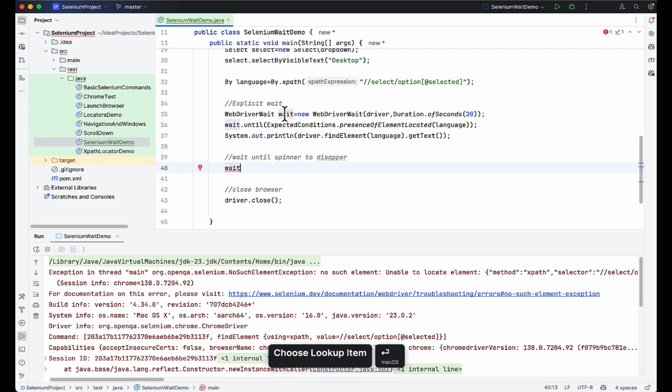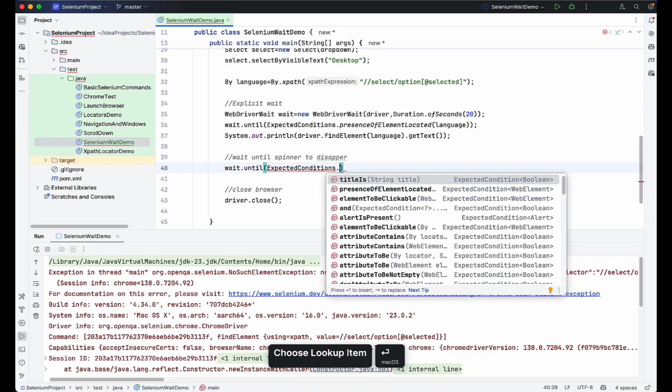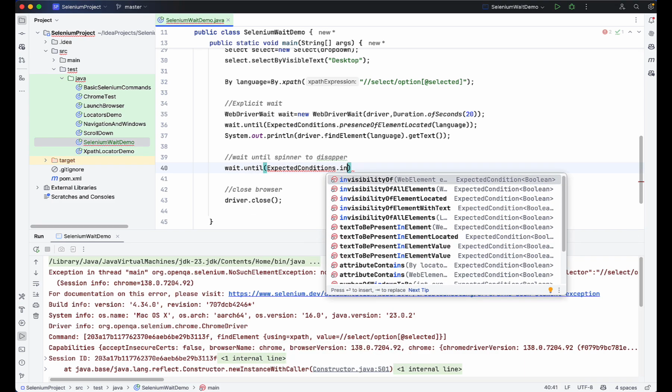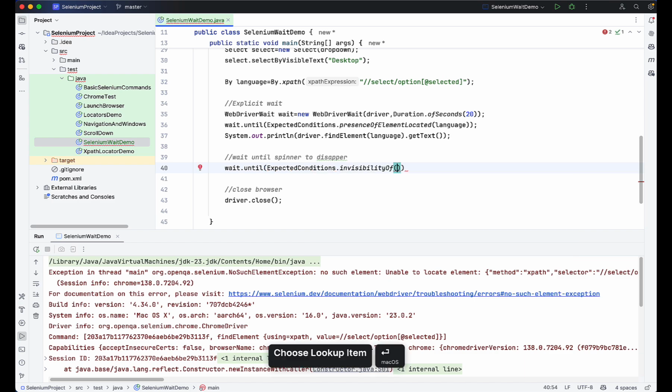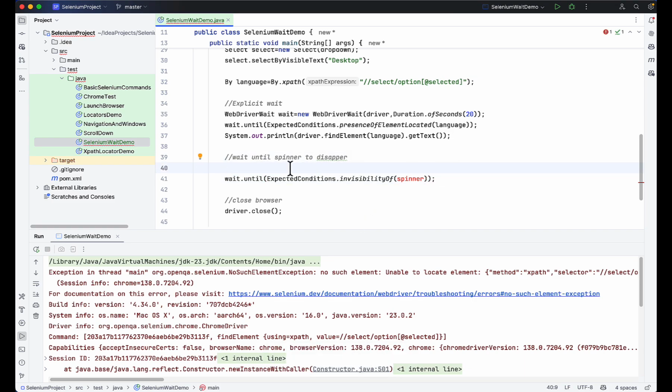Wait is already created, no need to create the object again. Dot until, expected conditions dot invisibility of. So there are methods, invisibility of spinner. I want to wait for invisibility of spinner, so it will wait for 20 seconds, and